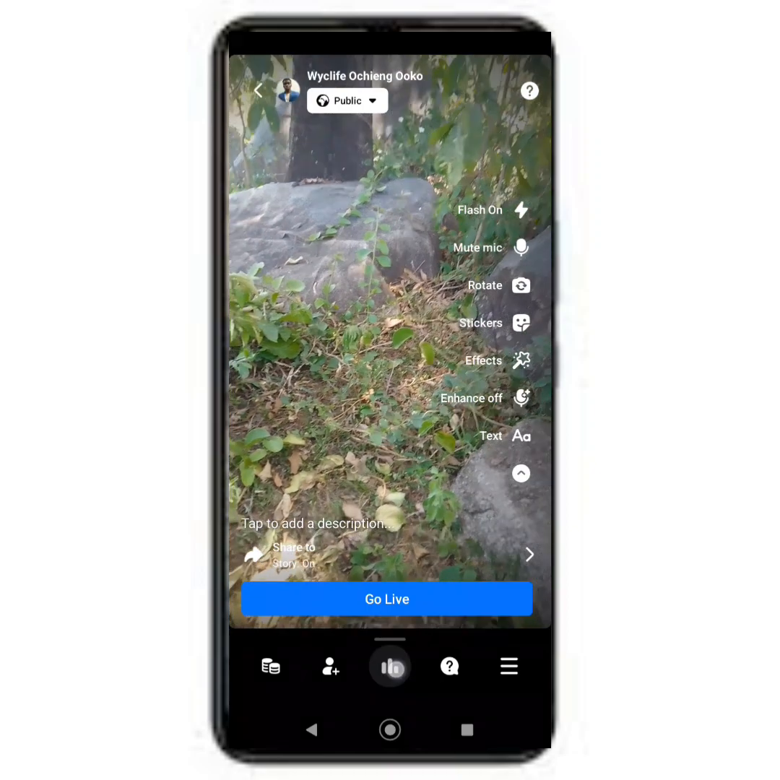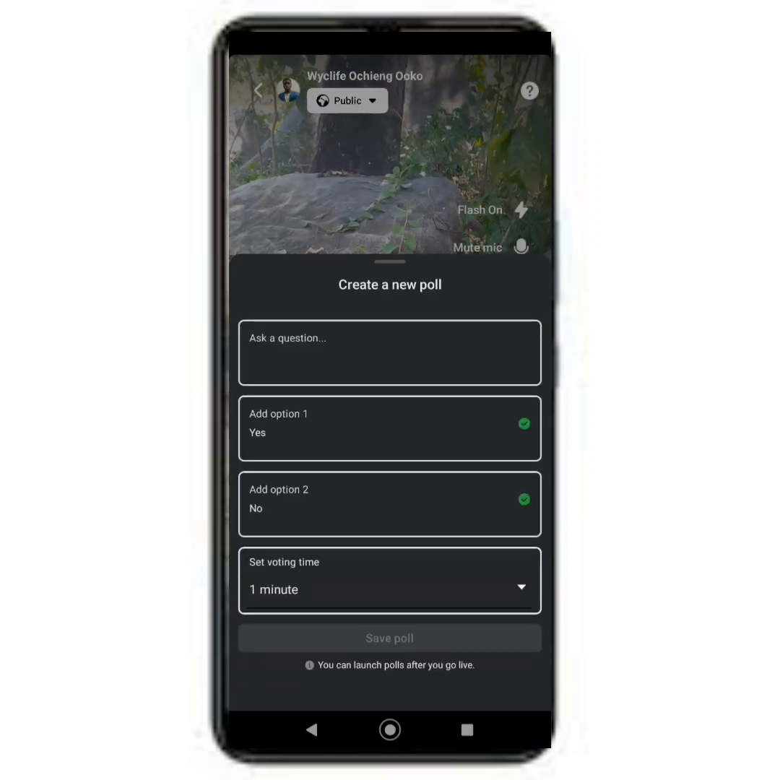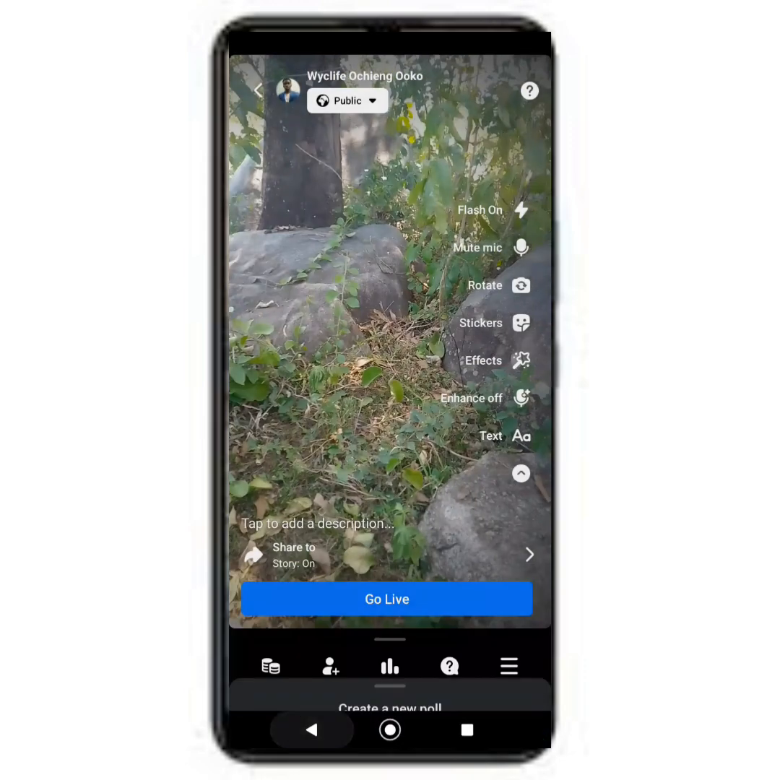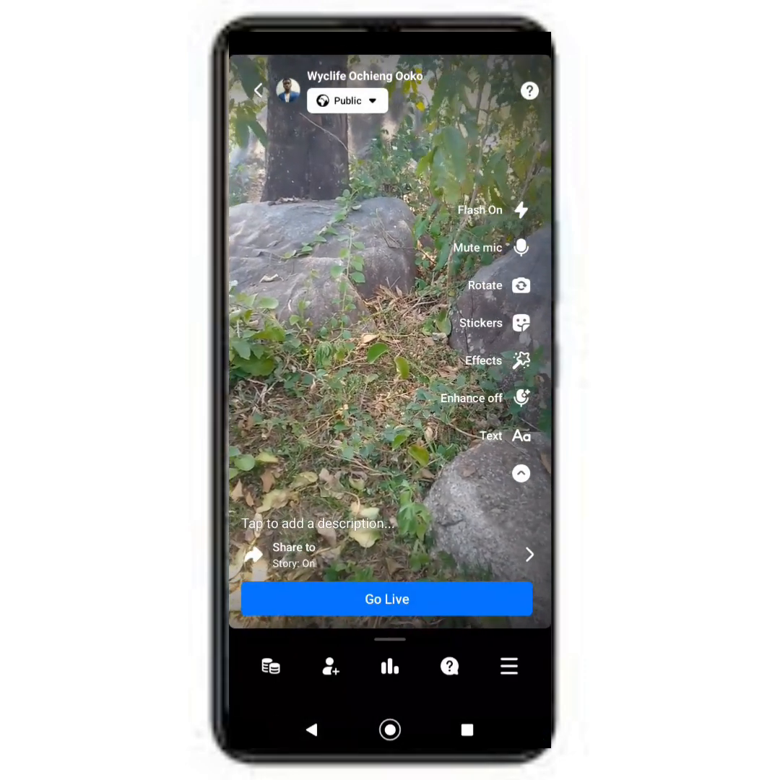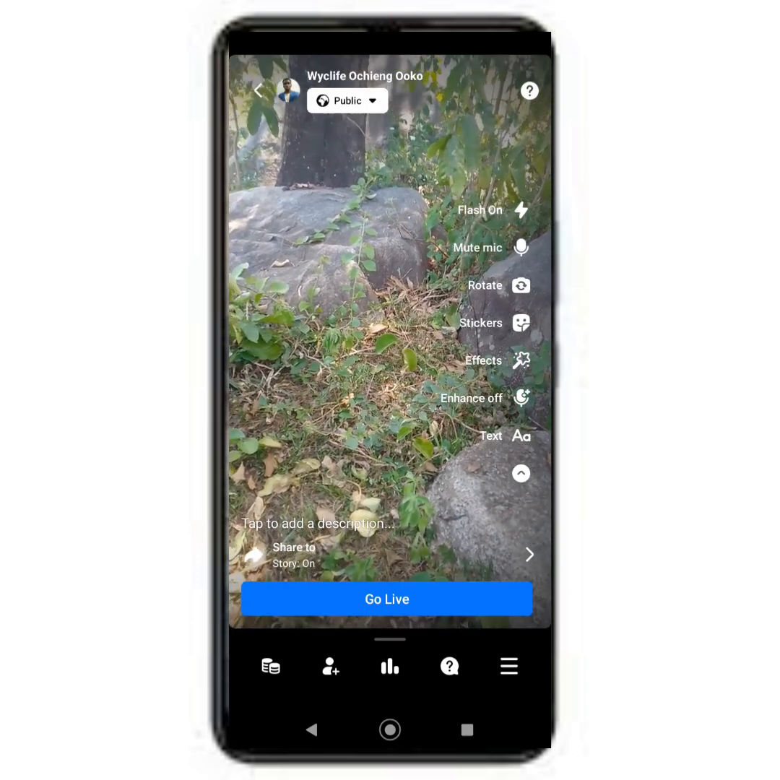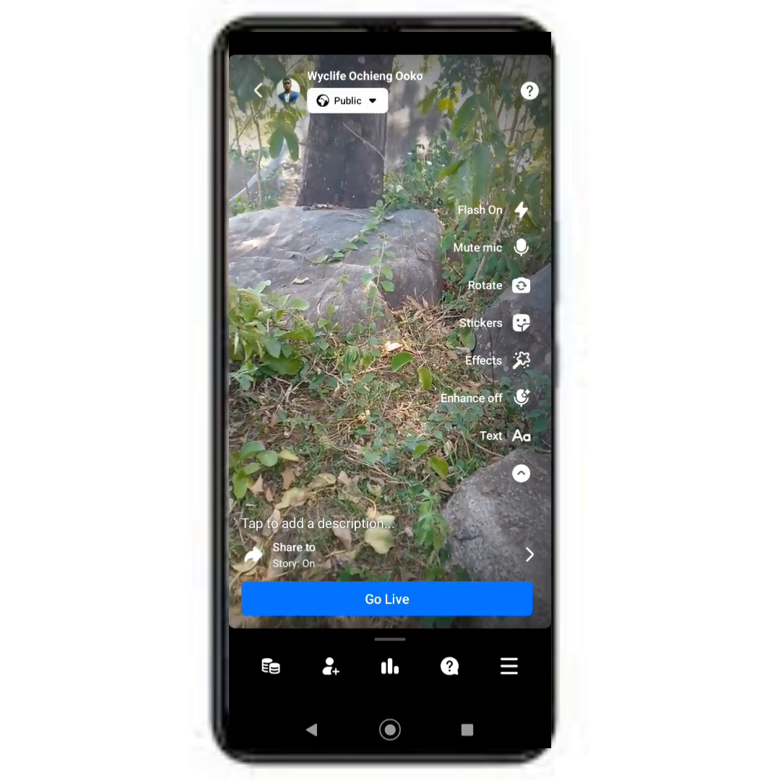Okay, then you might want to choose a live poll to ask your audience some questions so that you can really engage them during your live session. Okay, I hope this helps, guys. Then click on go live like this. With that, by clicking this button, you will be live on Facebook and you'll be able to share your story